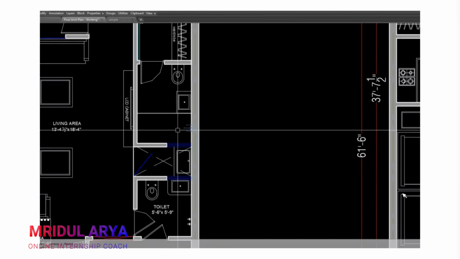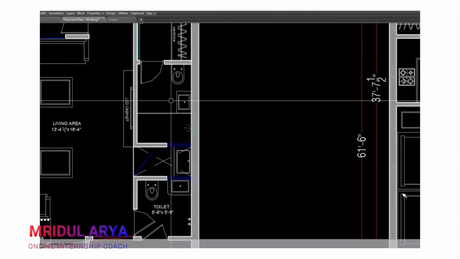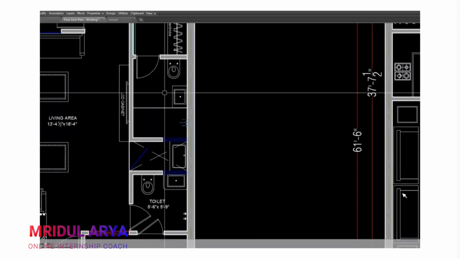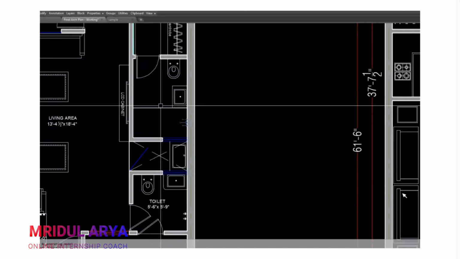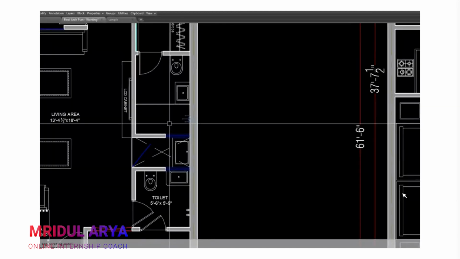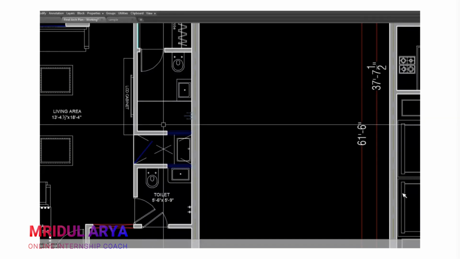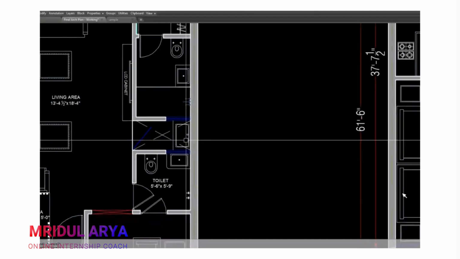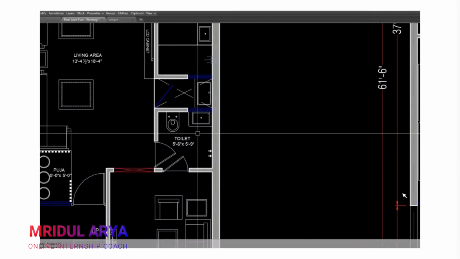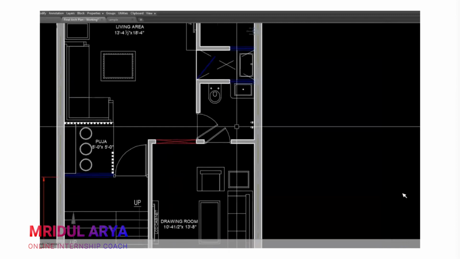We need to keep all the bathroom fixtures so that we know that at these locations we cannot provide our structural elements, so that piping cannot cause any issue. Okay? We cannot let pipe pass through columns and structural elements. Okay? We keep all the bathroom fixtures as it is.